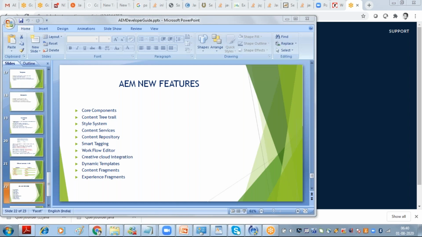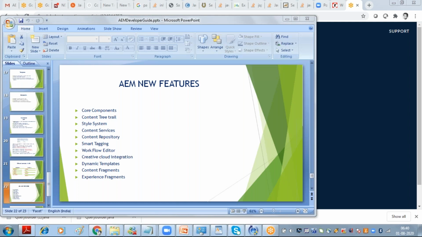Then content tree. So what is content tree? When you open any page, in all the pages we author some components, maybe content fragments, experience fragments, and all. So how will you know which component is which? In the 6.2 instance, when you hover your mouse on your page, you can easily understand this is a component, and I can double click and author it.